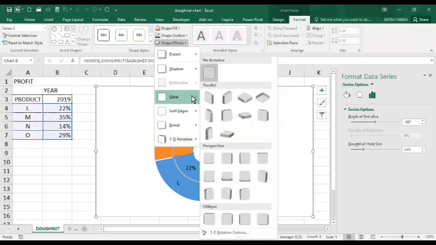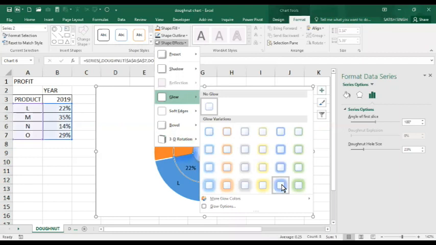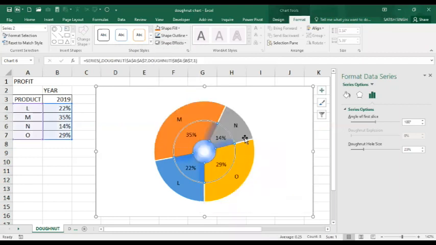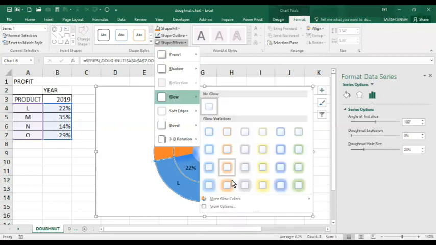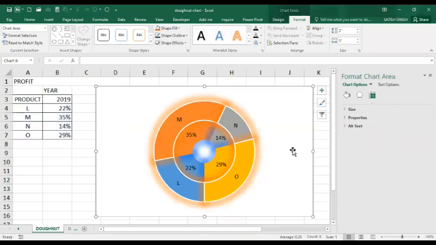Let's take the glow effects, and here I am selecting this one. Now this is showing the glow effect. Once again, let's go to shape effects, glow, and I'm selecting this one. So this is looking really nice and better than what initially it was built. So this is a wonderful way to express your data.